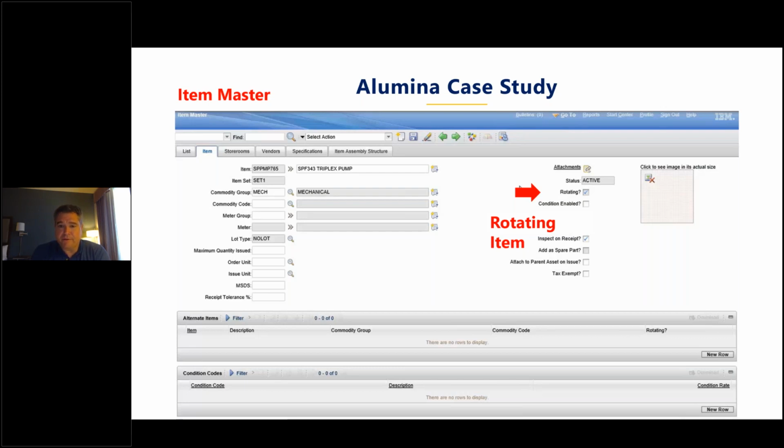So when we speak of locations, let's say there's 12 pumps, and a brand new mechanical seal was installed on pump number 1. It ran for 5 years, and then it was pulled out. The pump was rebuilt, the mechanical seal was rebuilt, it went back into stores, and then it comes back out and may land in pump number 6. And then it operates for 3 years, fails, comes back out, is rebuilt, goes back into stores, ultimately shows up